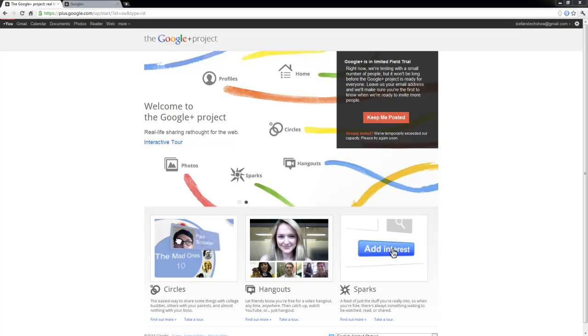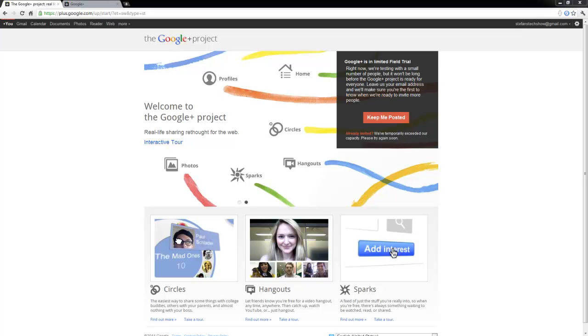Google+. So what is Google+? Essentially, Google+ is, I guess, Google's answer to Facebook. Just another way, I guess, for Google to control a new medium, which is the social networking medium. Apparently Google's been working on this for quite a while, and if you go to Google+, which is actually